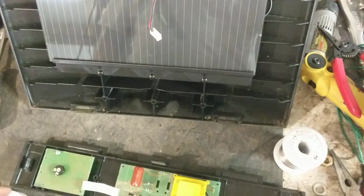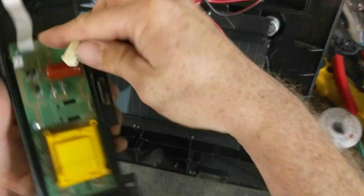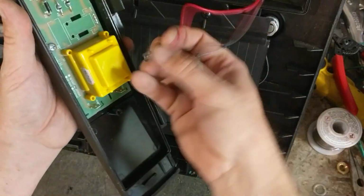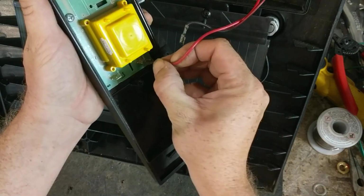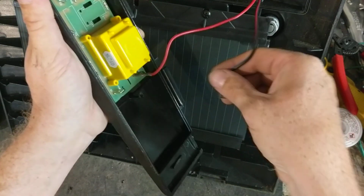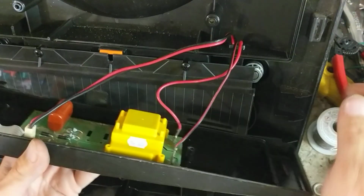Put that screw back in it. Now we can plug our wires back into it. There's your battery wire. You got your black and red wire here. It's labeled on the ground, fence and earth. Red's your fence. Black's your earth. And then we need to